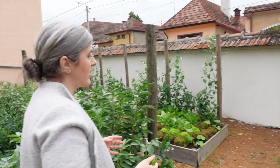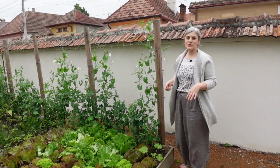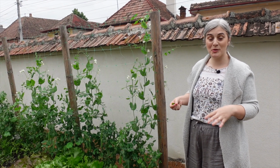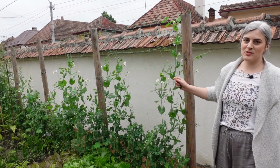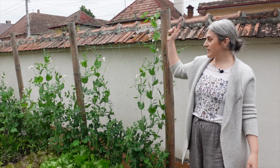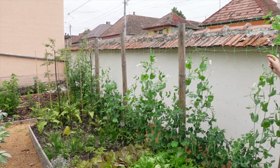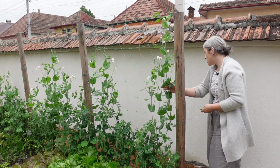I literally only had like 20 seeds left, in a little packet. They were 2 years old. I didn't think they would germinate, but I just said, what the heck, I'm just gonna do it. And this space was supposed to be for my cucumbers, but the peas all germinated and I decided to plant them. And let me just show you,